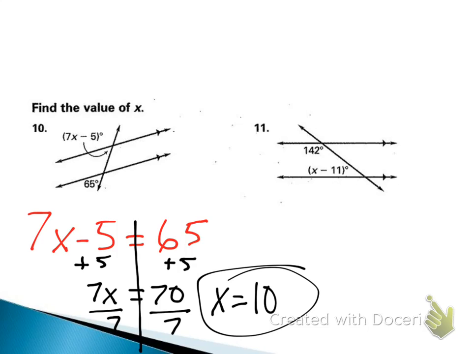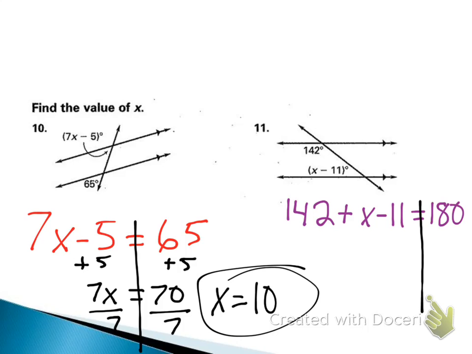Can we do 11 in the same way? No, why not? Because these are same side interior. Same side interior are not congruent. They're what? Supplementary. So you need to now add them to get 180. Now this is where it gets a little tricky because we have like terms on the left side of the equal sign. So you want to start by doing 142 minus 11,